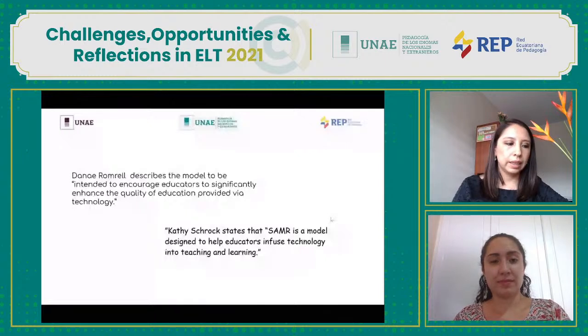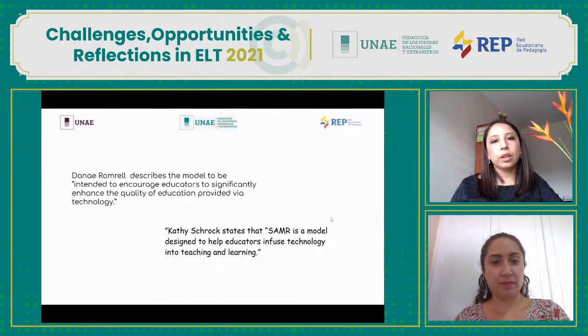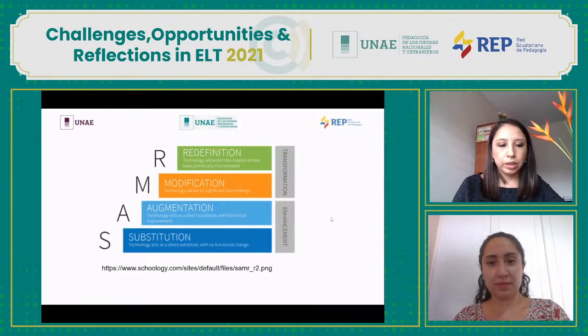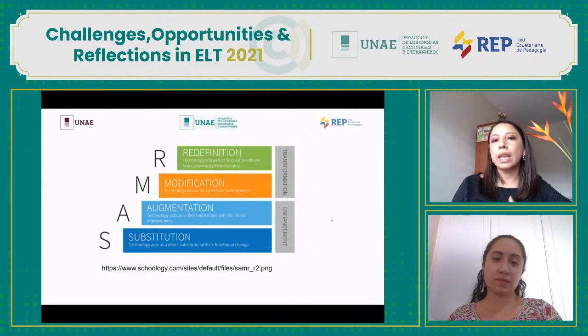So the purpose of this model is to integrate technology, not only to enhance the teaching practice, but also to transform the learning process. So this model intends to take the students from the lower to the upper levels, and also for the teachers to help them to integrate technology in a way to transform completely this process.